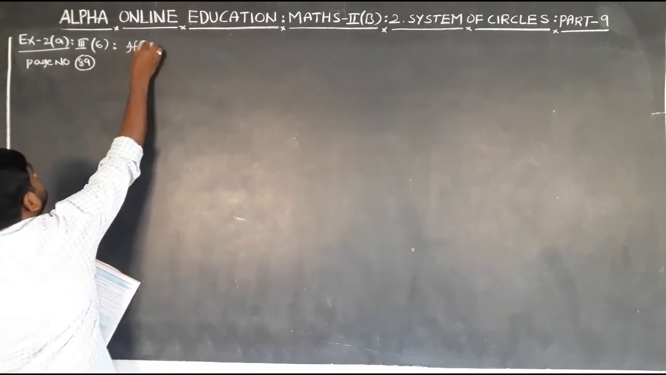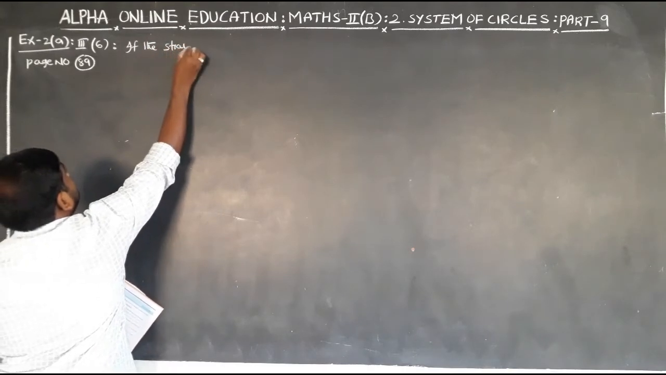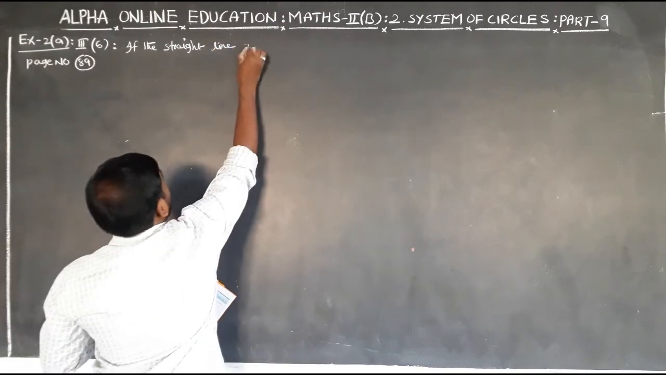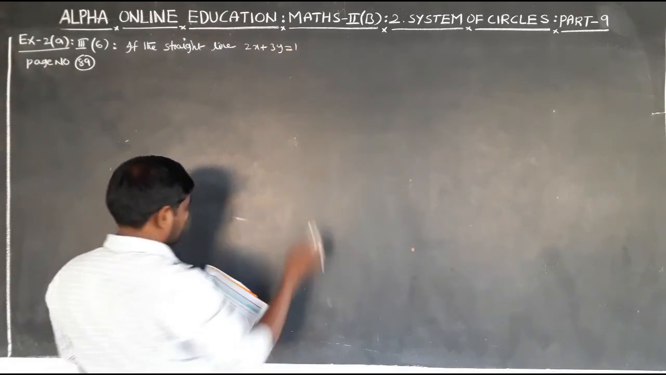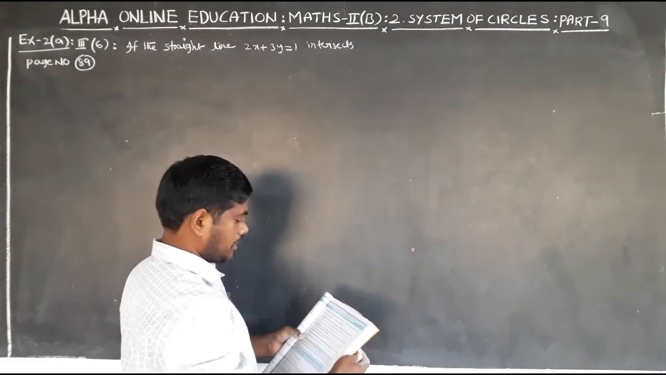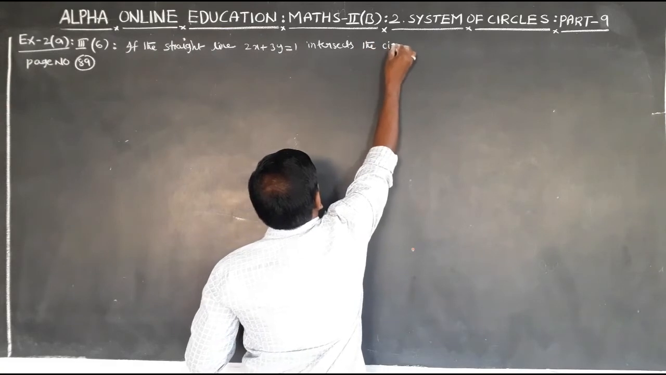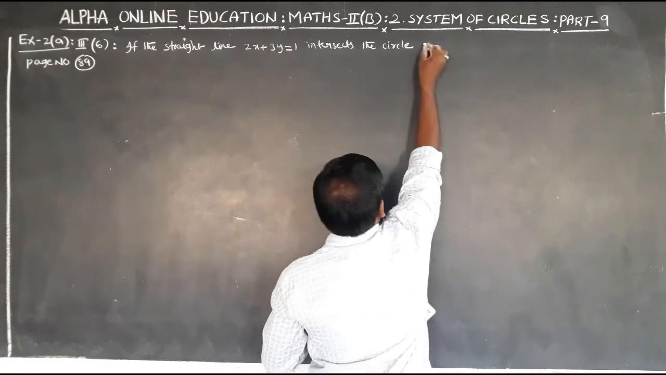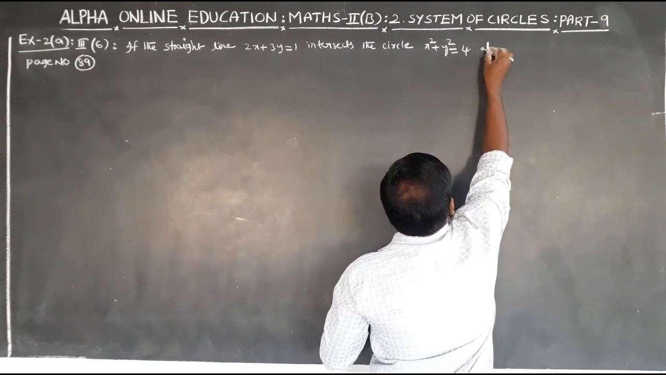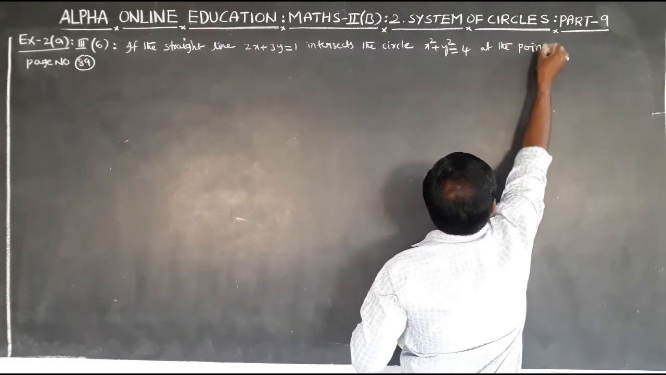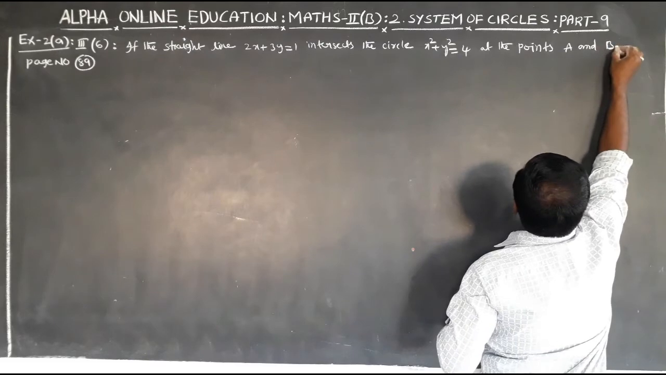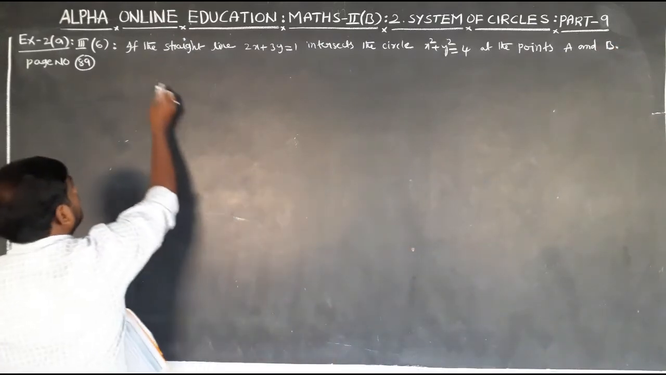If the straight line 2x plus 3y is equal to 1 intersects the circle x square plus y square is equal to 4 at the points capital A and capital B,